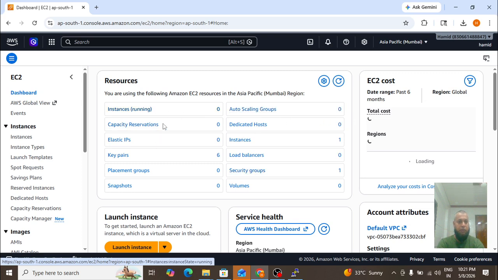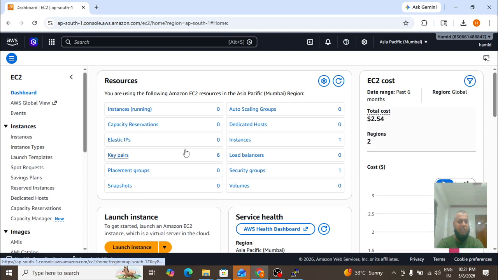And important thing, I will show you in next videos what is elastic IP. The key pairs created are 6, and next is load balancer 0, security group is 1. Very important, volume must be 0. There is no instance running, and it's showing instance 1. After some time it will be 0, but the important thing is no running instances. Okay,